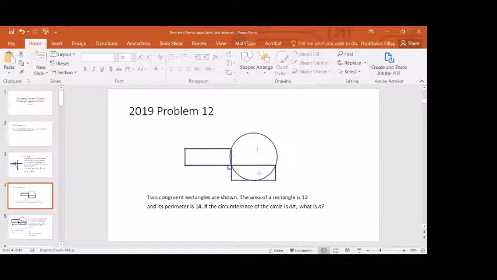Now, here is a circle. To calculate the circumference of the circle, you need to know its radius. Now, no radii are given here. We don't even know where the center is. So how do you find the radius? Well, we can't find the radius, but we can find the diameter. Now, why is that so? The reason why we can find the diameter is that,